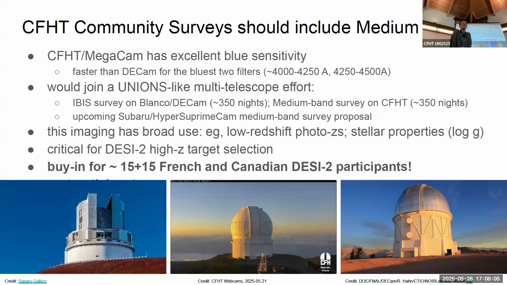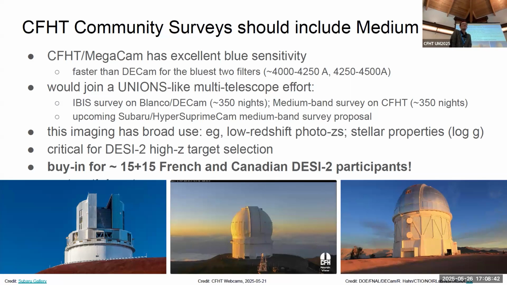Sorry, I keep asking questions. There's a slide you showed comparing the DECam nights and CFHT nights, and you say that CFHT takes fewer than DECam. One is 99-ish, one is 130-ish, but you're counting those as 10 hours per night. But CFHT MegaCam, if I recall correctly, is 5 hours per night. So that means it requires 180 nights instead of 90 nights. But is DECam really doing 10 hours per night? Because if that's the case, then CFHT is not winning even in the bluest band. So can you comment on that in terms of overhead?